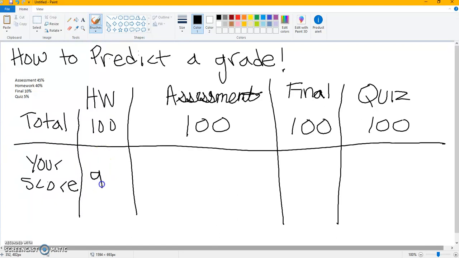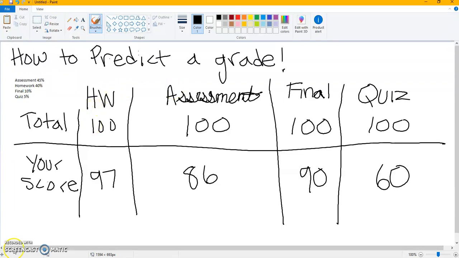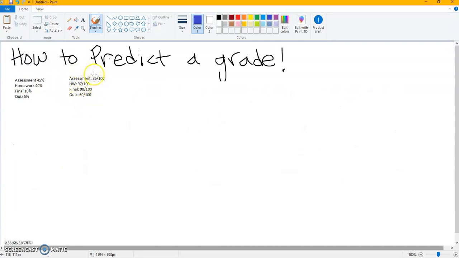So let's say I have 97% of my homework done, and I got, I don't know, like an 86 on my assessments, and I got a 90 on my final, and I've got, like, a 60 out of my quizzes. Okay? So these are the totals that you need. Alright, so I simplified it and I wrote my scores up here, what I got out of the total for